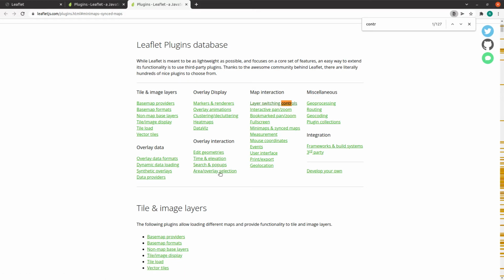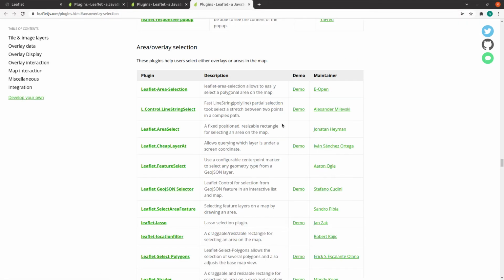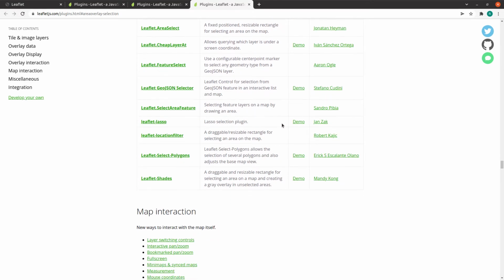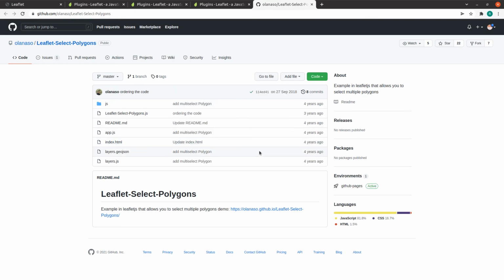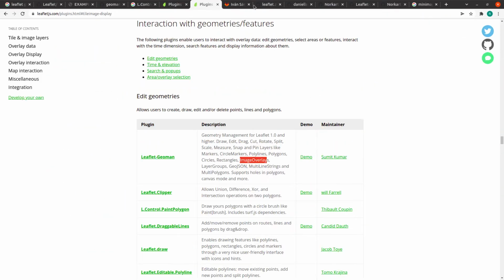Let me check. Yeah, here you can, the polygons. Okay, so I think you can go for something like this.